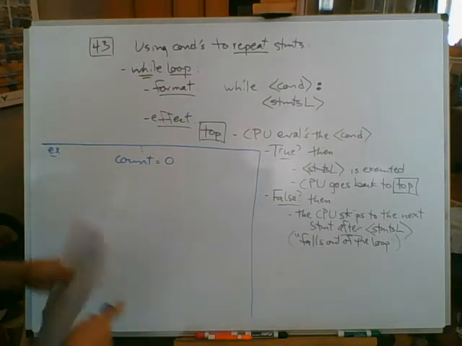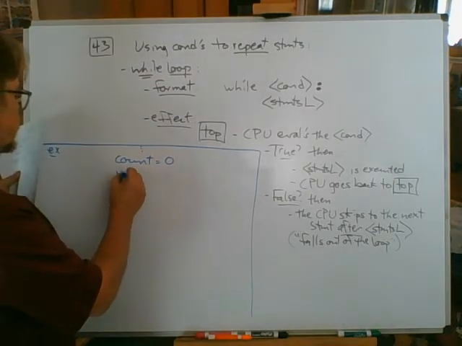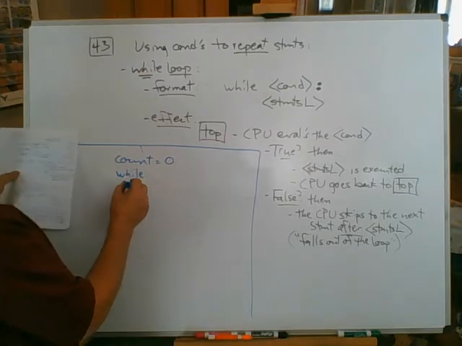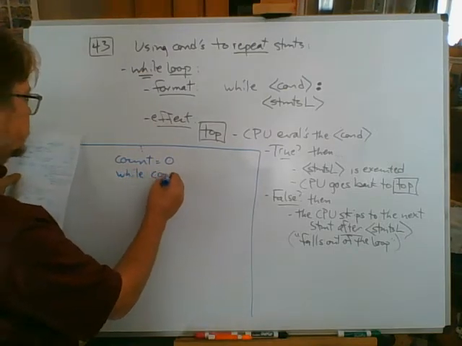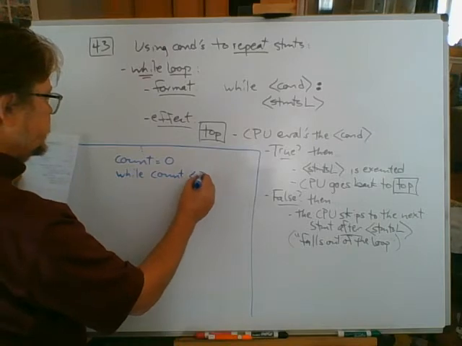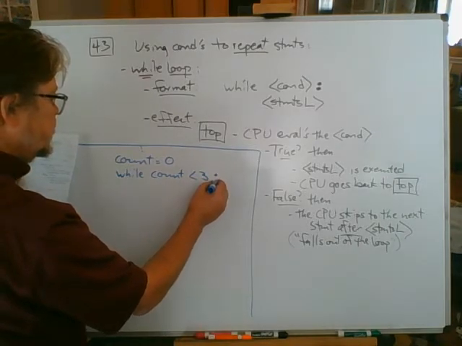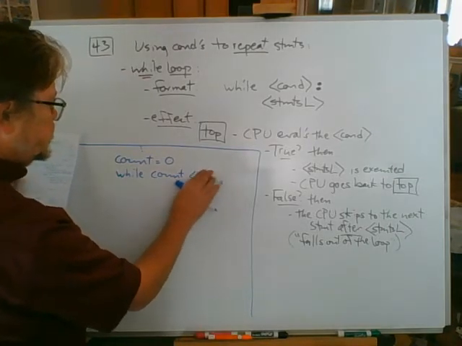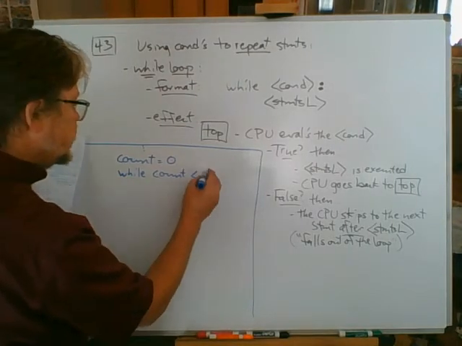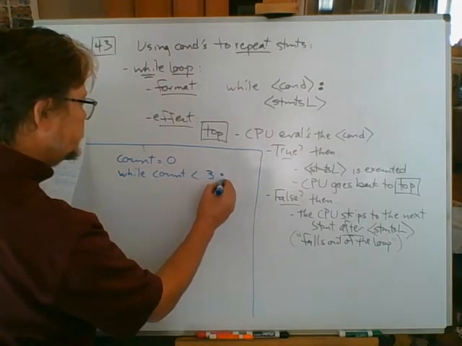And then instead of an if, a while, W-H-I-L-E, while count is less than 3, colon. That looks like a heart emoji, doesn't it? Let me scoot the 3 over. While count is less than 3, colon,